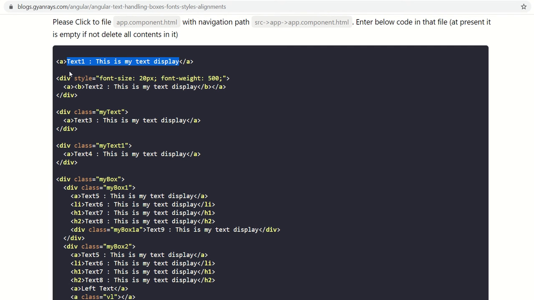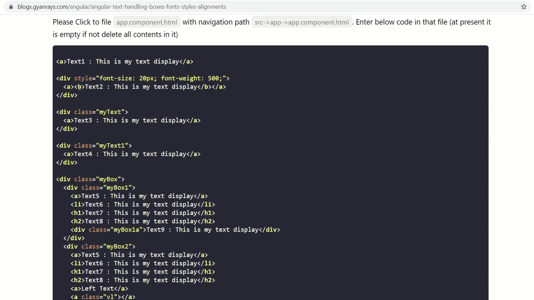Now there is another way you can display this text in a bold format. If I want to display this text in bold, I need to add a tag B and then /B. Each and every tag which you open under the less than and greater than signs needs to be closed with a slash and the tag name.